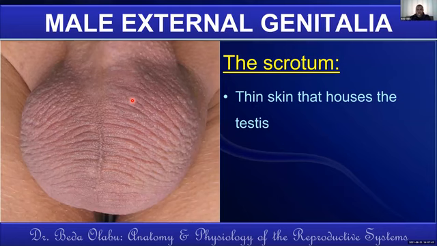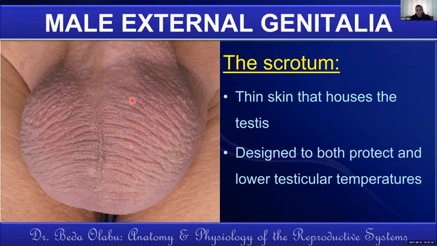And those compartments are the ones that contain the respective testes. The scrotum is designed in such a way that it can both protect the testes as well as lower its temperature. You know that the temperature of the testis is about 2 to 3 degrees below the normal body temperature. That is the optimal temperature for